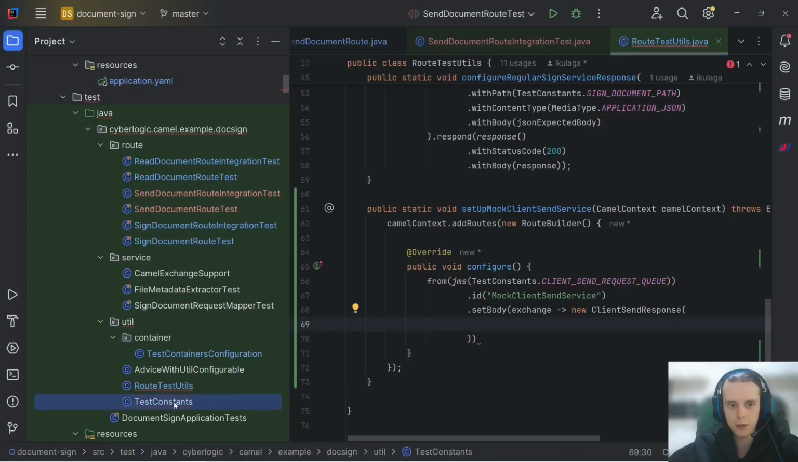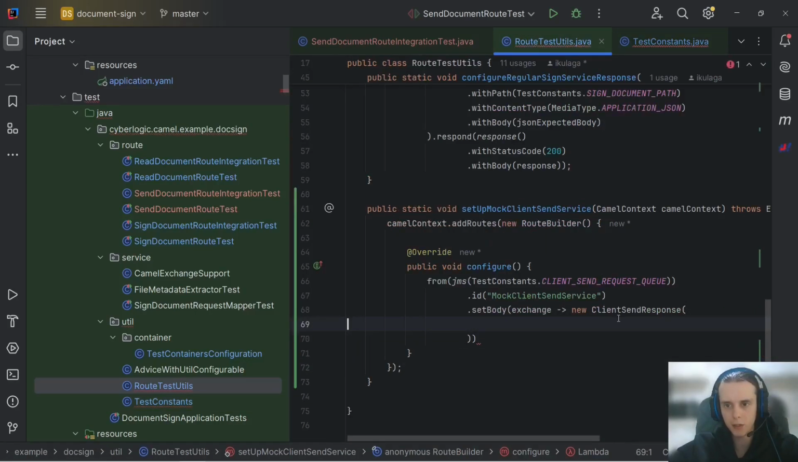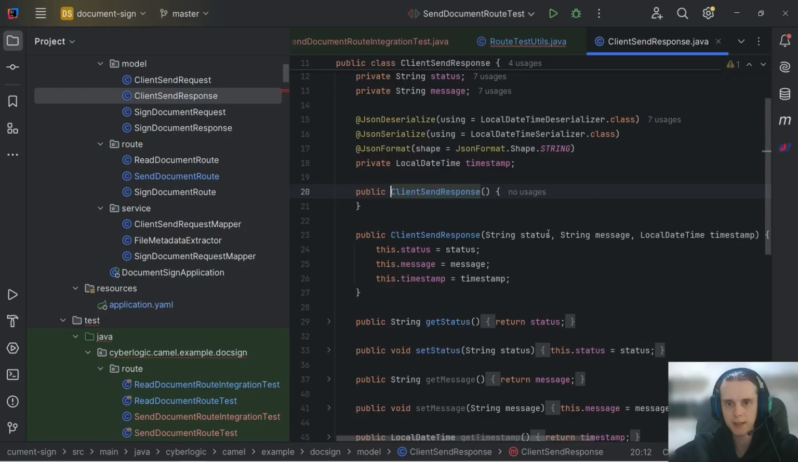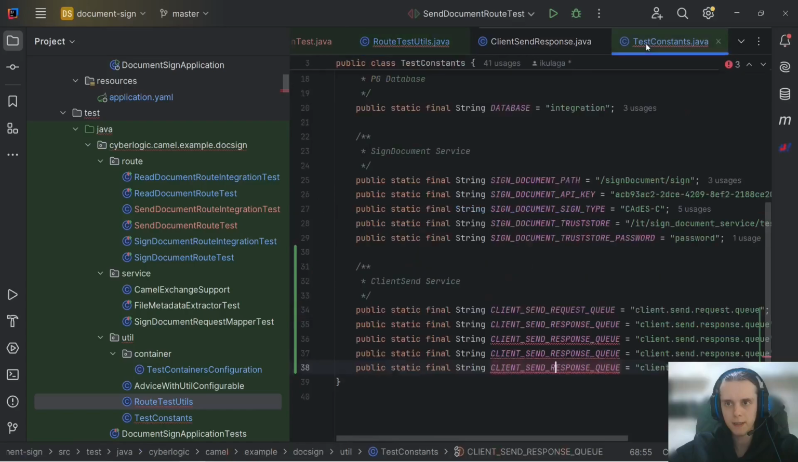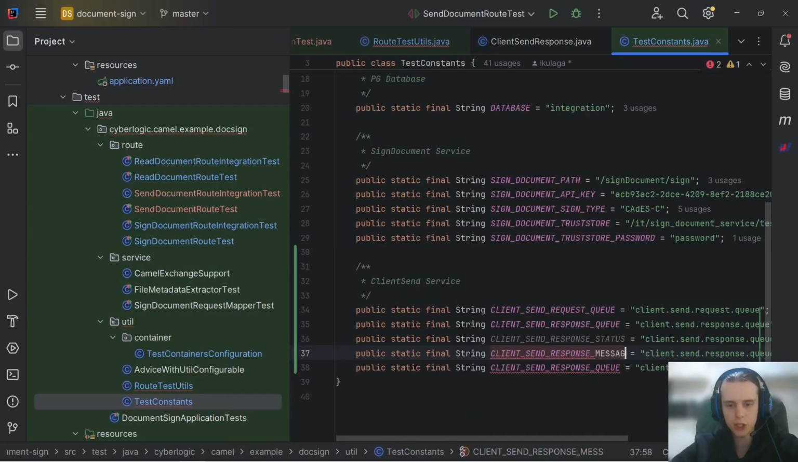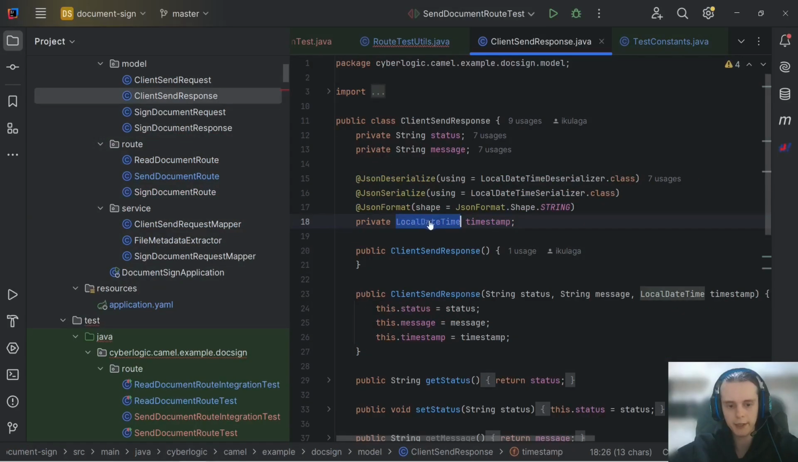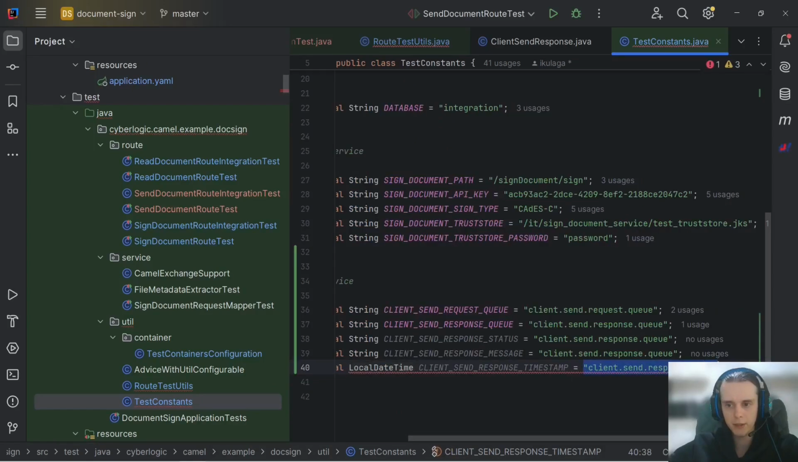So let's return to our test constants and add some fields that our ClientSendResponse has. So it has status, message, and a timestamp. In our test constants, we will create a ClientSendResponse status constant, then message, and then a timestamp, which has a type of LocalDateTime. So we need to actually change the type here, and we will just provide a LocalDateTime now, which will be called when we